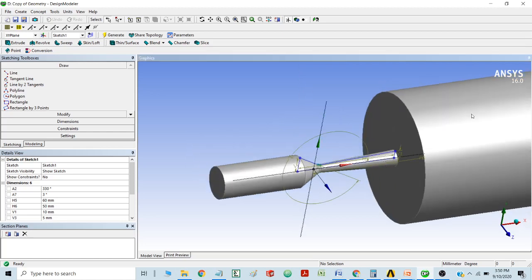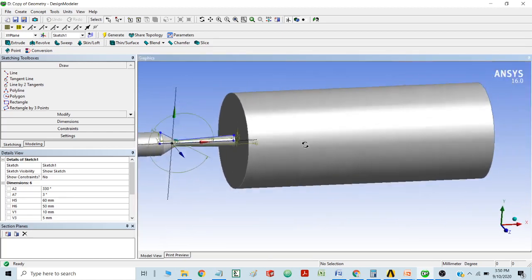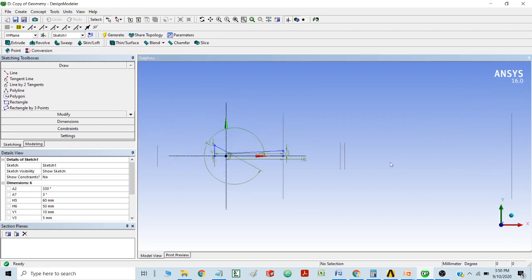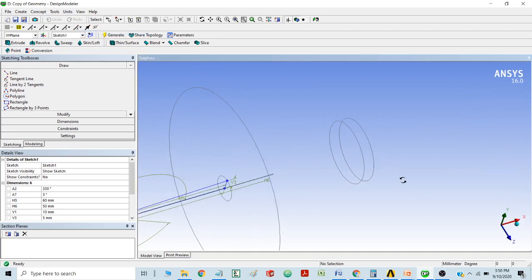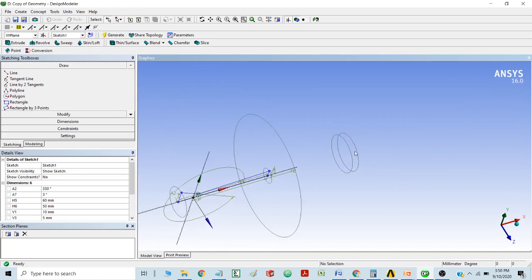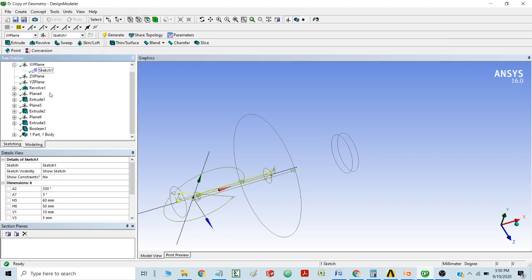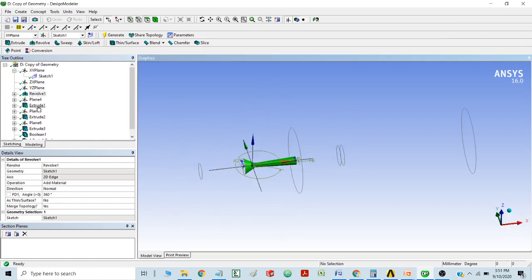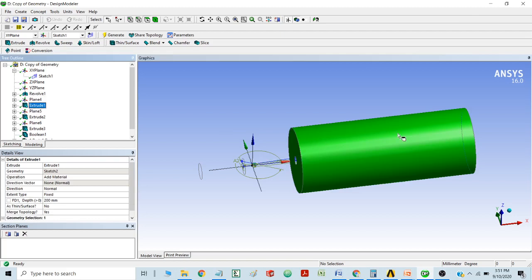And then after that I have provided one big cylinder here, which is nothing but the environment, the opening to the environment. And in that environment, in this kind of view, which is known as the wireframe model, I have placed one body in front of it, which is at a distance of approximately 46 mm from the exit of the nozzle. From here to here it is approximately 46 mm. So first of all I have made this body of revolution. Then the next step is to make a body which is the envelope in which the fluid will expand.